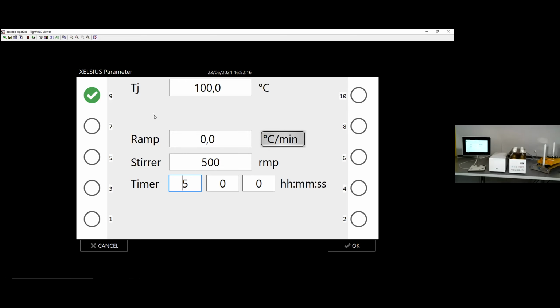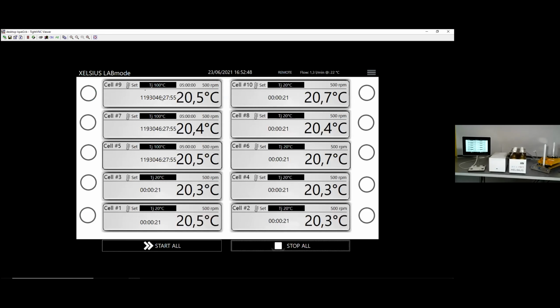And to reduce the amount of clicking, of course, you can now say, I do not just want to edit one cell, I want to apply the settings to the whole left side, or I want to remove the settings from the whole left side. So you can save a lot of time and clicking errors by parameterizing them just once. Okay, so let's say 3 cells, 100 degrees. I click on OK, and we can see here now the settings have been